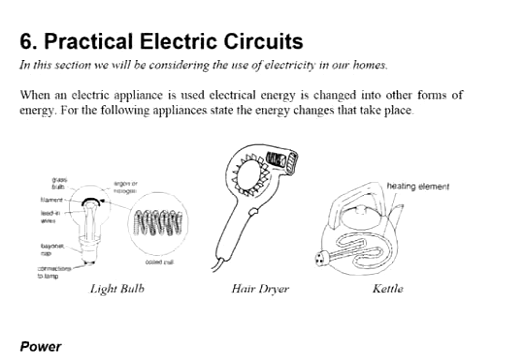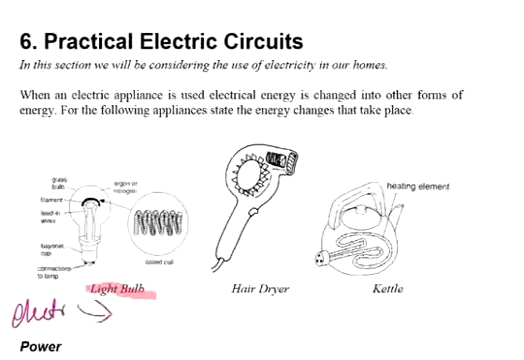In this section you'll be considering the use of electricity in our homes. When an electrical appliance is used, electrical energy is changed into other forms of energy. Okay, for the following appliances, state the energy change that takes place. For example, the light bulb. What is the energy change there? From where to where? Of course, start from electrical energy